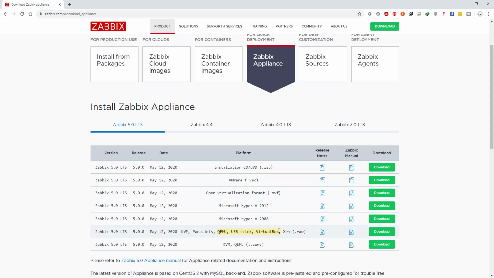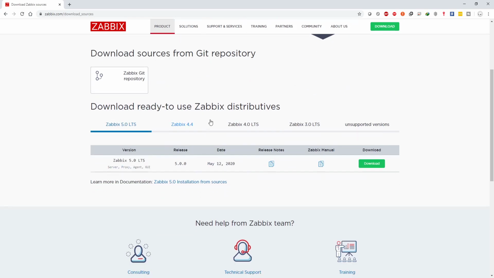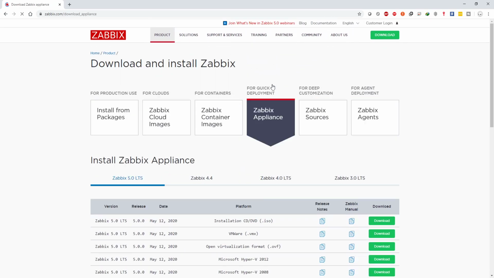So you download this and you just run it as a virtual machine, and you don't have to go into the hassle of installing an OS and then worrying about the dependencies. So it is this simple. I hope you guys give it a try.